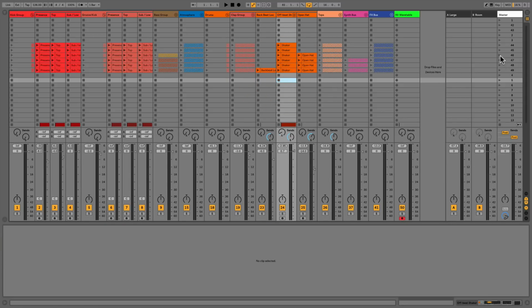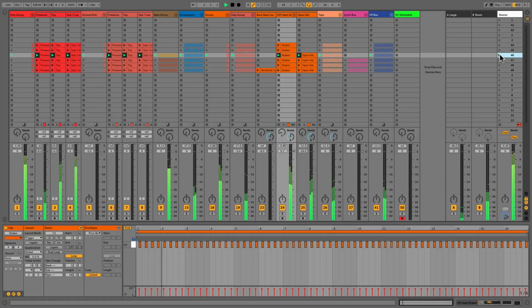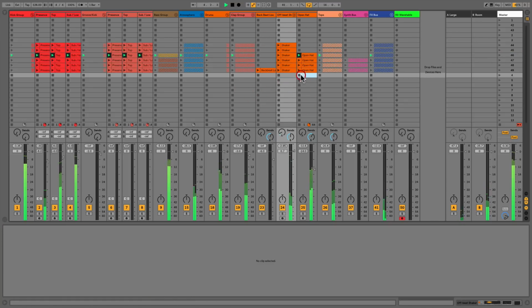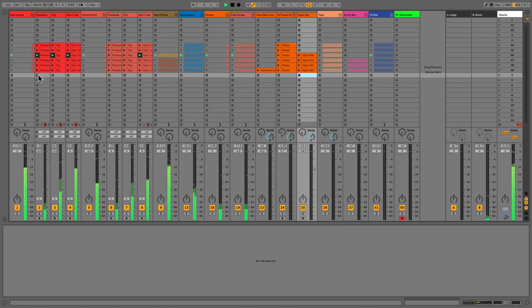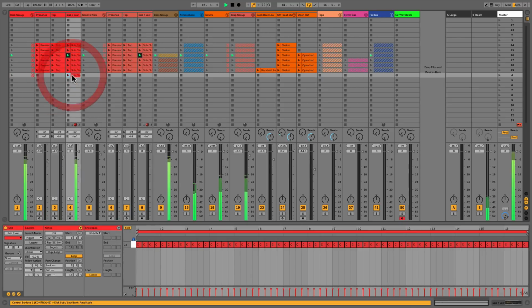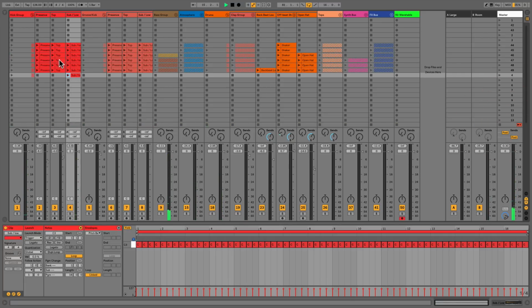And what we can do here is we can play session view, and we can think, right, we don't want these parts to be playing, so we'll just turn them off. And we'll maybe try a different bass idea or a different kick idea, so we'll turn off different parts. And then we can copy these parts down to a new scene. And then we can create these new ideas, and then we can record these ideas across back into arrangement view.